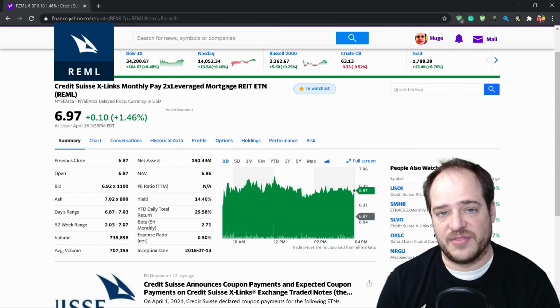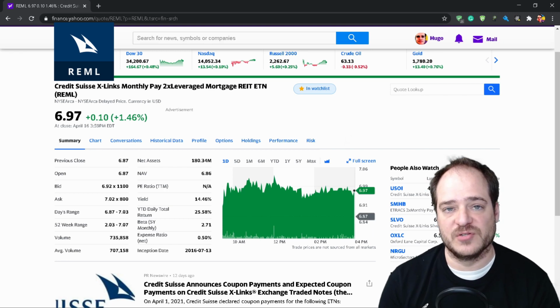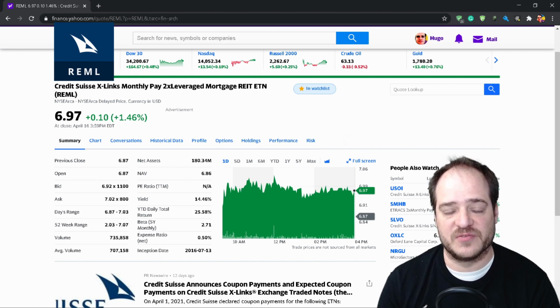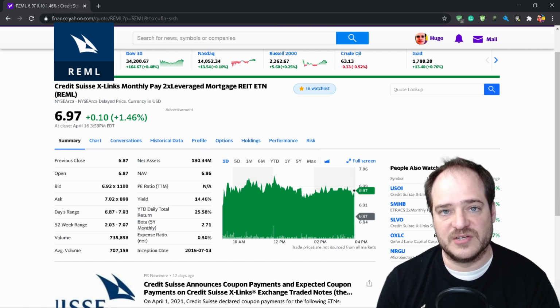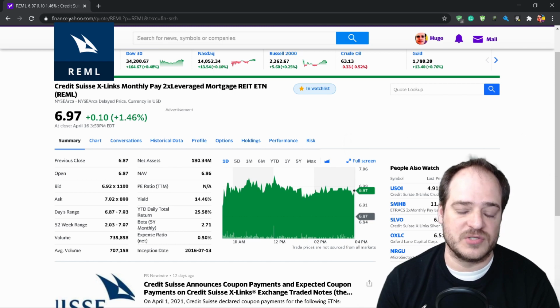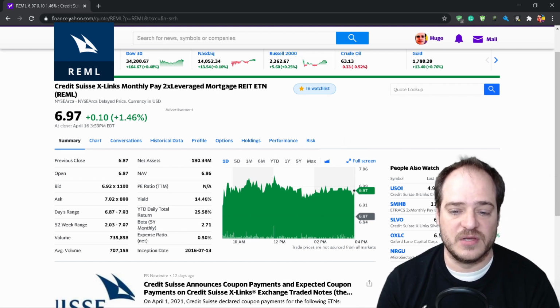$6.97. I think it's quite a nice investment to have in our portfolio, even though I don't have too much exposure and not too much risk, around 1% at the moment of my entire portfolio. It's the minimum that I have in my portfolio. If it drops down, I don't have too much concern. Although I intend to invest in the future, trying to shift some stocks into REML. Let's see how the performance goes. The performance has been good in the past years.